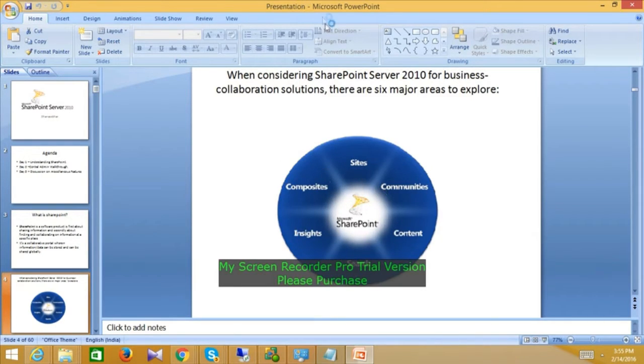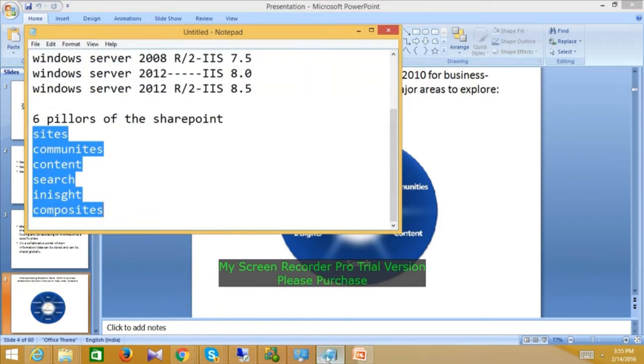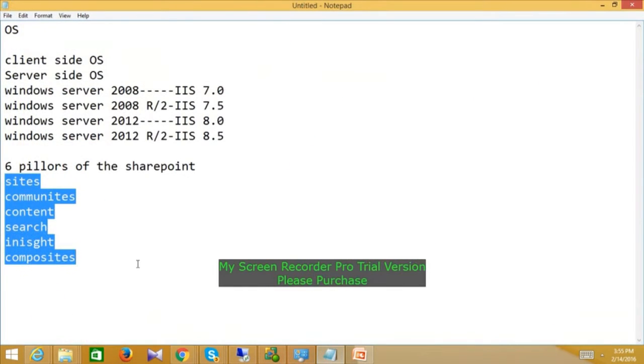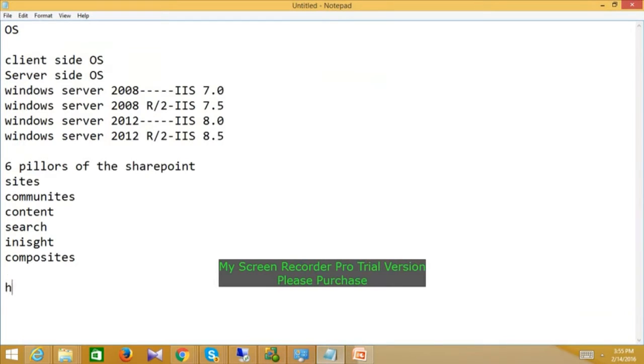Okay, first thing is sites. What is the sites? Suppose we are developing the sites, like http://bankofamerica.com.